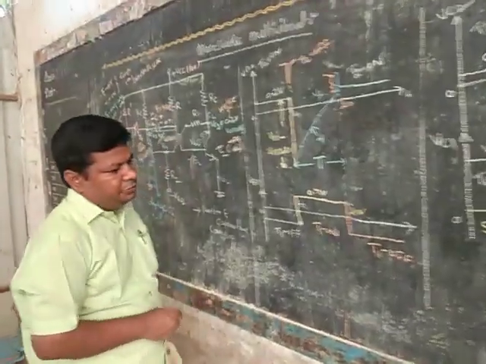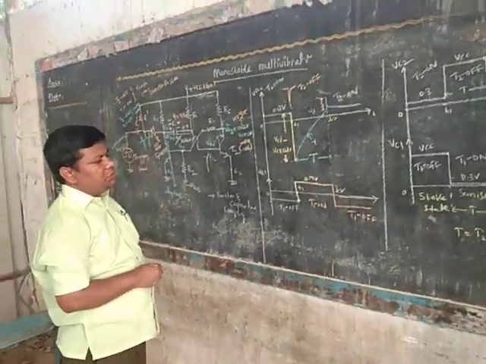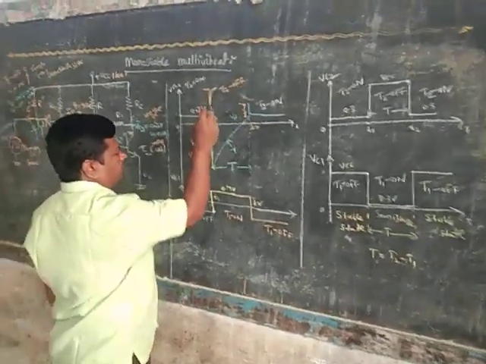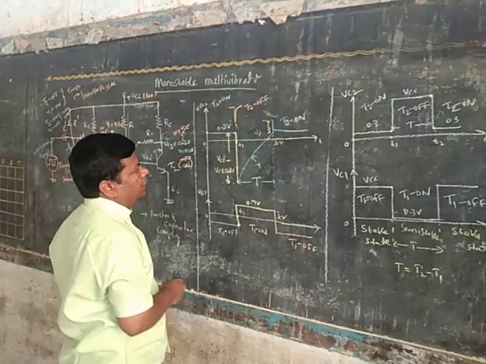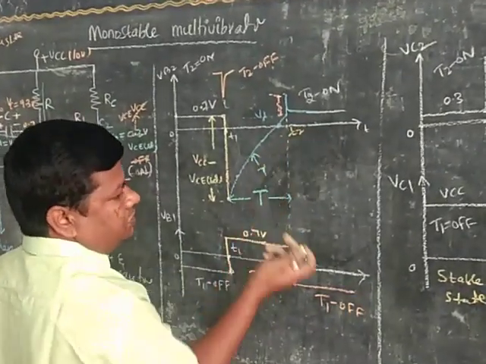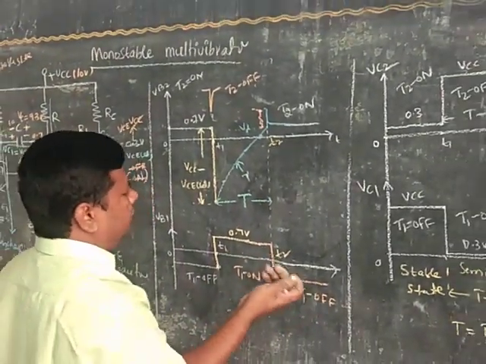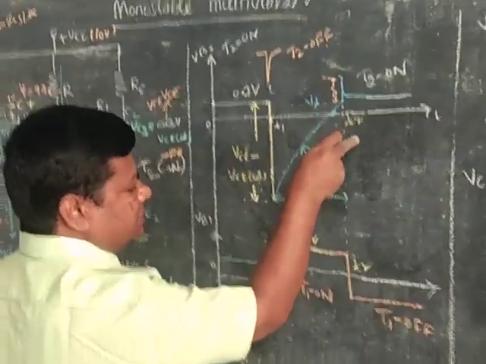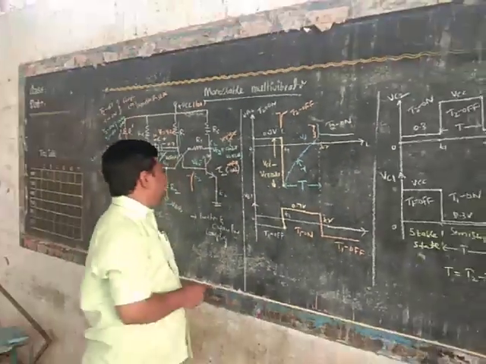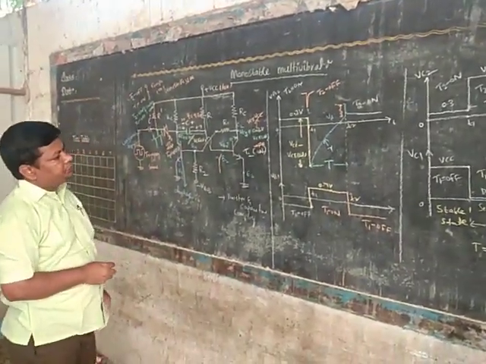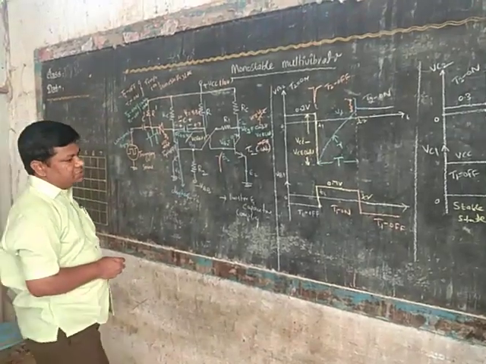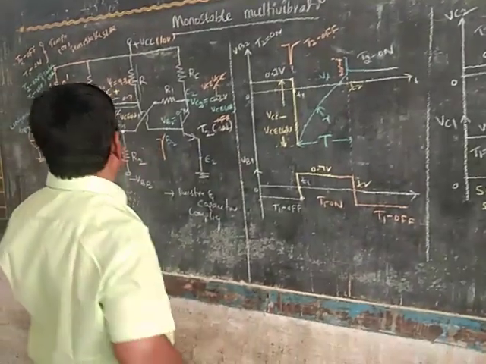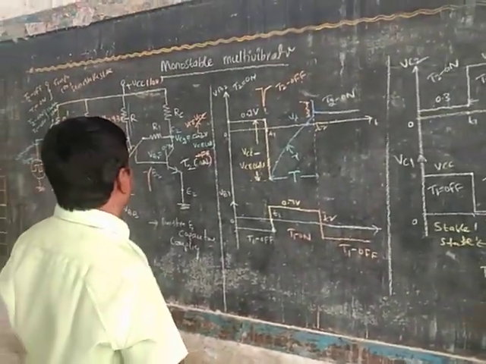These are the waveforms of the monostable multivibrator circuit. Here the triggering signal is applied at t equal to T1. At t equal to T2, there is no triggering signal. We have not applied any triggering signal. Depending upon the circuit time constant, the circuit itself changes the state. Again, mainly concentrate on the VB2 waveform especially, because so many applications are based on the VB2 waveform only.